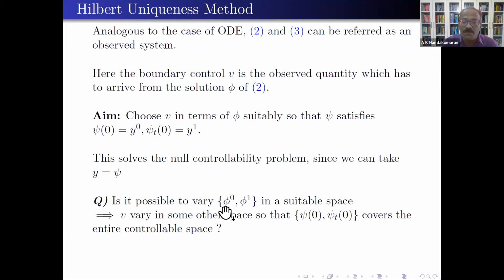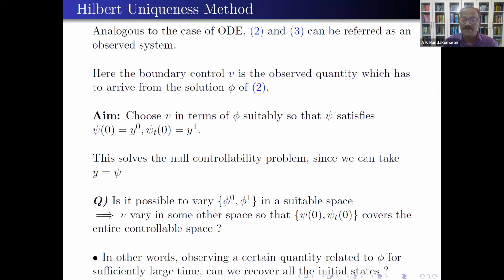So you have a variation of phi naught and phi 1 and the choice of V in terms of phi, and as that varies, this should vary, it should cover the entire controllable space. Then, observing a quantity related to phi for sufficiently large time, all the initial state can be recovered. That's the basic idea about